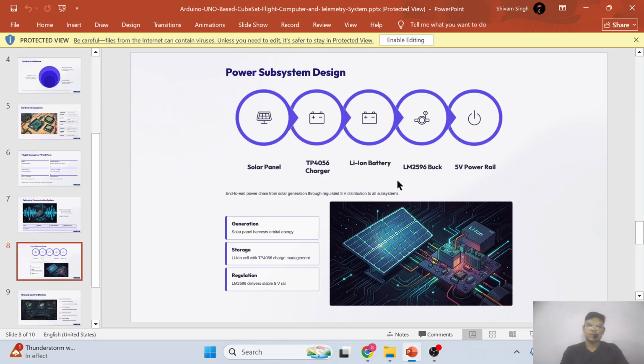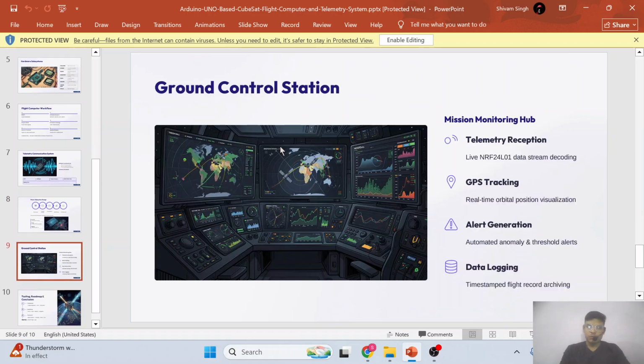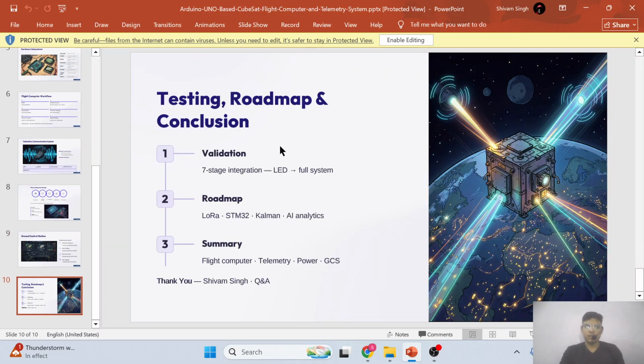This is the power distribution system I mentioned earlier in my schematic diagrams: you can use a solar panel and charger, a Li-ion battery, and a buck converter to design our power rail systems. This is the ground control system, where you will find all the data of the satellite.